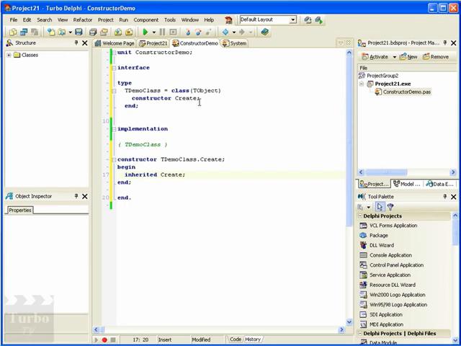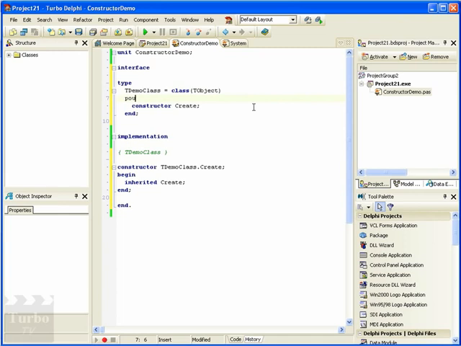Now, the purpose of a constructor, as I said, is to allocate memory, initialize variables and values, and return a reference to the class created. Constructors obviously need to be public, and we talked about public, private, and whatnot in the last demo. They need to be public, otherwise you can't use them. Now, there may be exceptions to that rule for specific purposes, but as a general rule, the vast majority of constructors will be public, so they can indeed be called